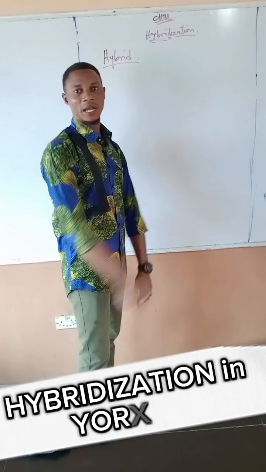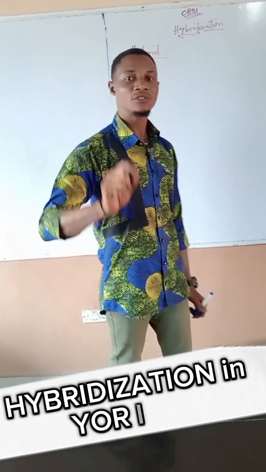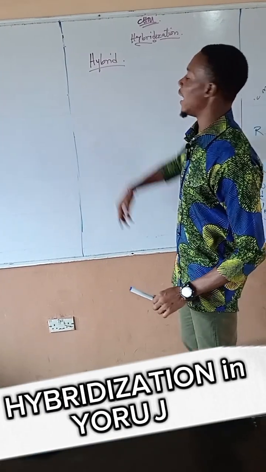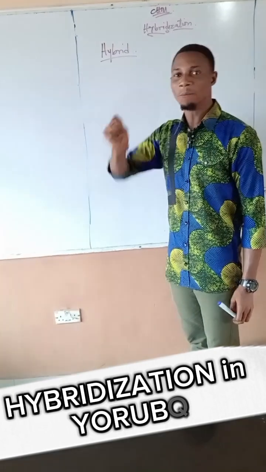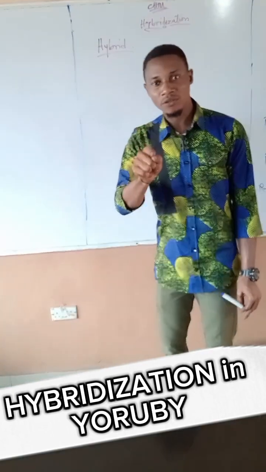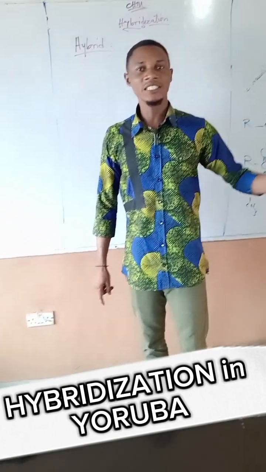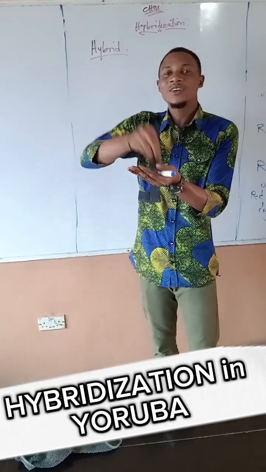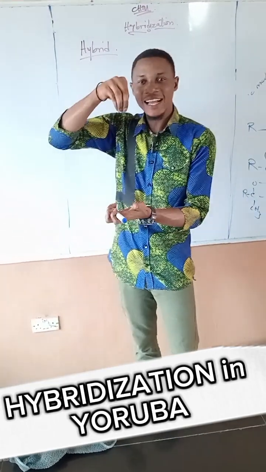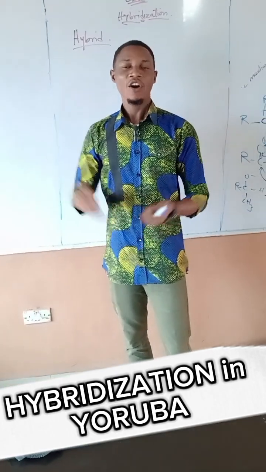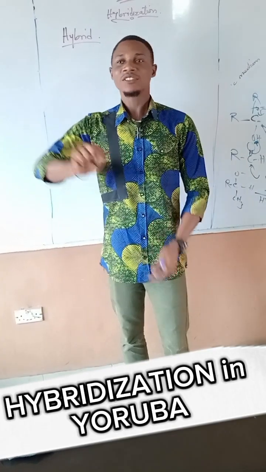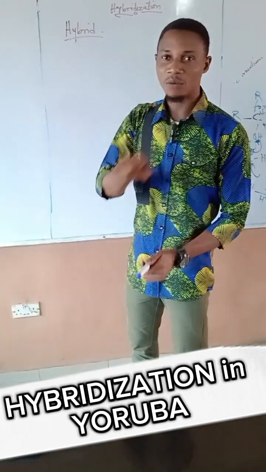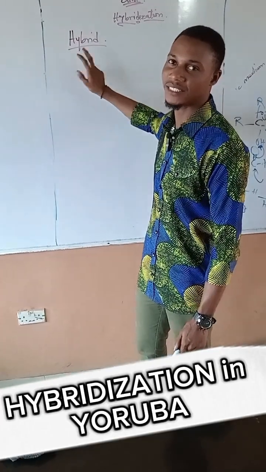Now let's come back into chemistry. When we will be talking about the hybridization of chemistry, and the elements we will be using mostly. Nítorí pé carbon òní element tá máa ń lò ní organic chemistry, it is the central atom of any other compound. Other compounds can come and join it, but in every organic chemistry we must have a carbon atom. So carbon atom òun gangan ààrẹ láti bẹ̀rẹ̀ hybridization.